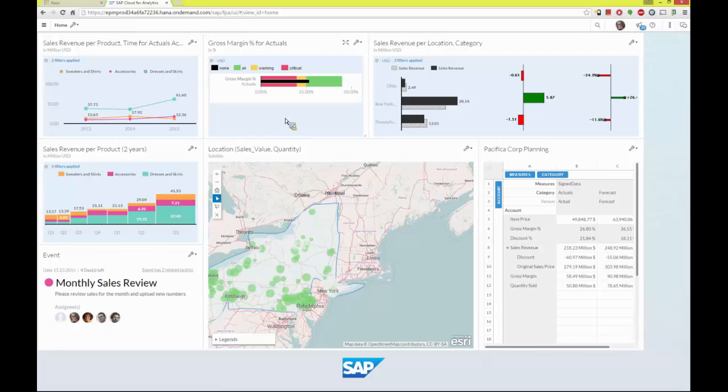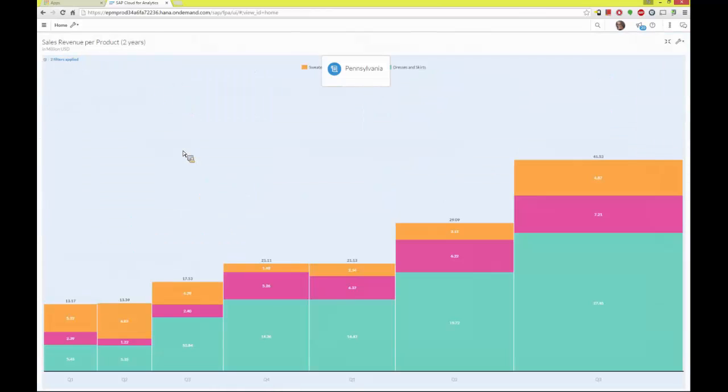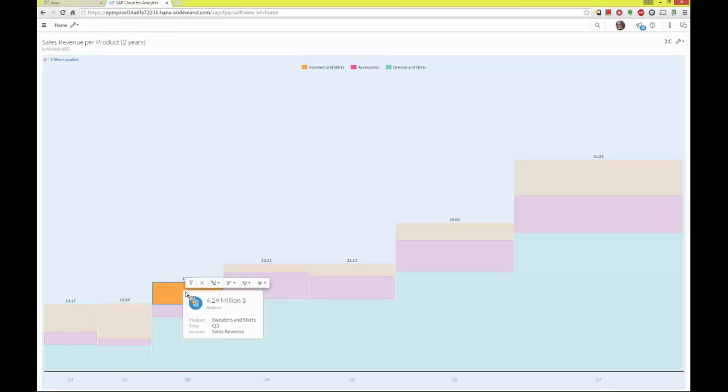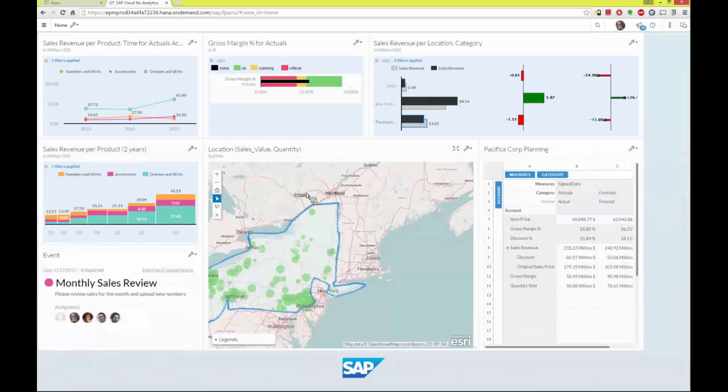I've logged in here as a user, and a user or an administrator of an account can pre-create the look and feel that you want that first logon to be. It can be just the general portal of SAP Cloud for Analytics, or it can be a collection of visualizations that are particularly interesting for that user. In this case, I have a collection of visualizations, and any one of these I can maximize to the full screen real estate to really get an idea of what is going on there. And all of these visualizations have interactivity for filtering or excluding, drilling down if there's a hierarchy, doing top-N, et cetera.